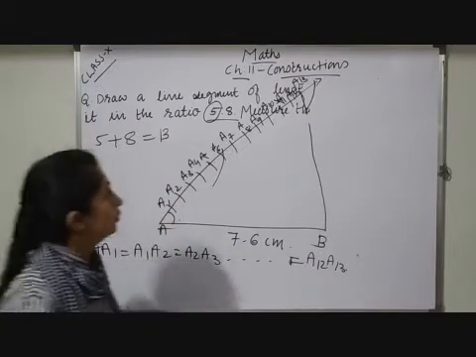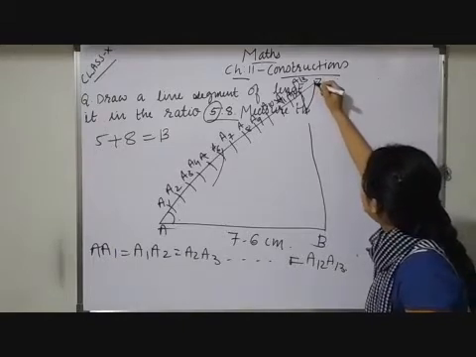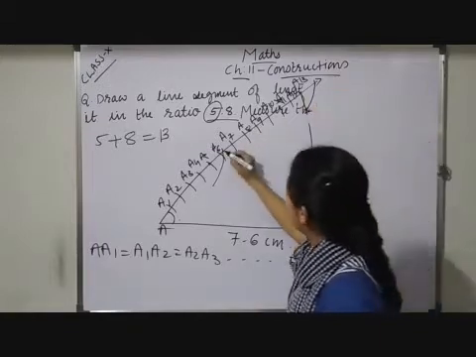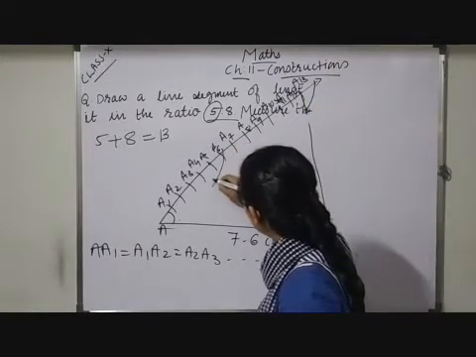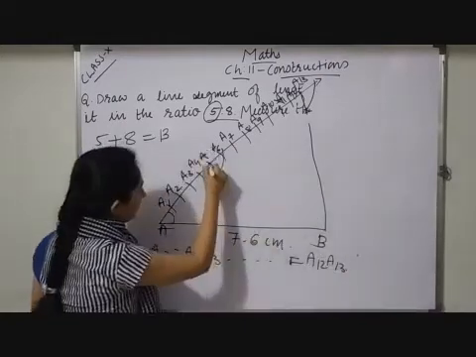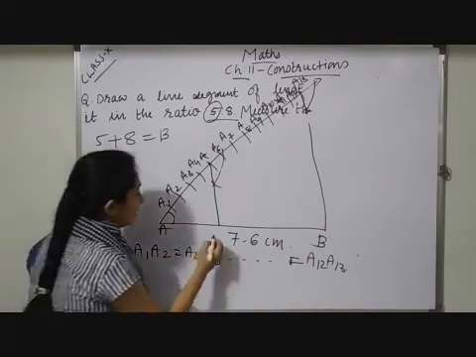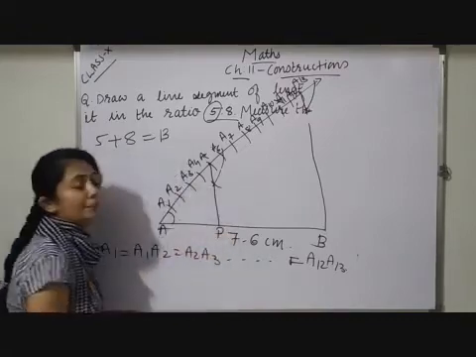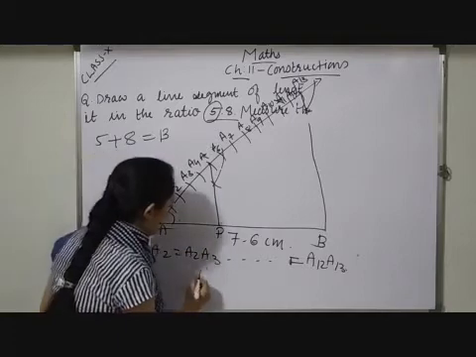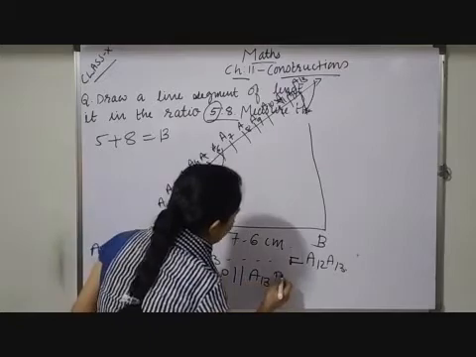After that, fix up the needle point of your rounder here, tip of the pencil, extend till here and mark an arc. Then I will fix up my needle point of the rounder here, extend the pencil tip like this and mark an arc. Now through this arc I will draw a segment, let it intersect AB at a point P. Now here we have constructed A5P parallel to A13B.